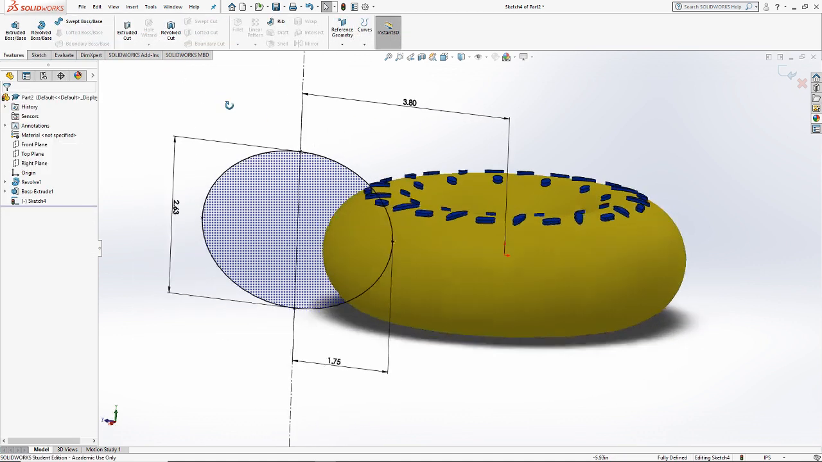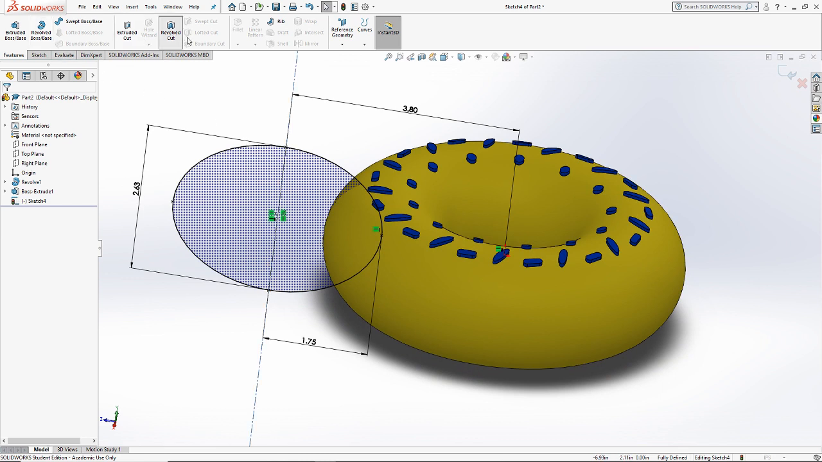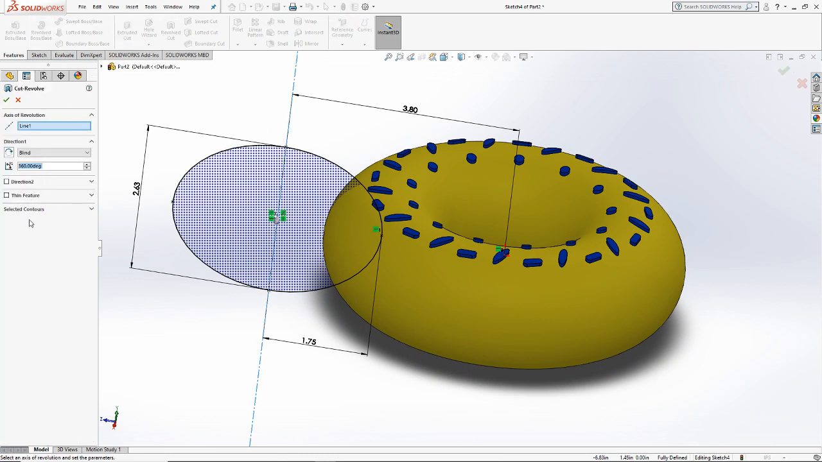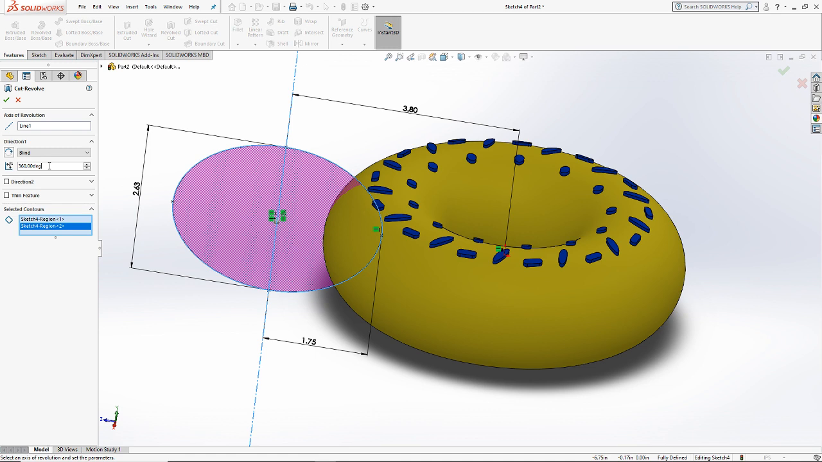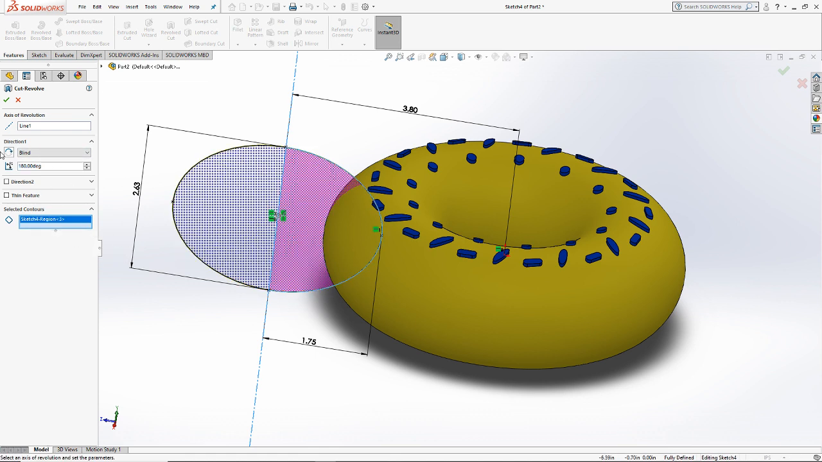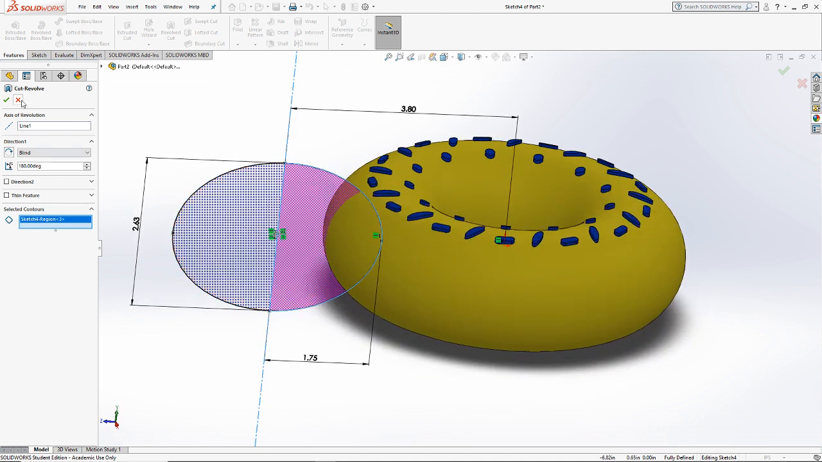Let's create a revolved cut. So I'm going to revolve around that line of construction. If I revolve half of it, I can revolve 360 degrees. If I revolve the entire thing, I can revolve up to 180. It doesn't really matter since I'm removing material from the donut. Let's remove it from one side only, and we end up with something that looks like, yes, hey, look at